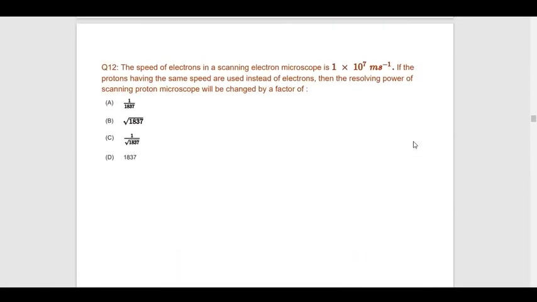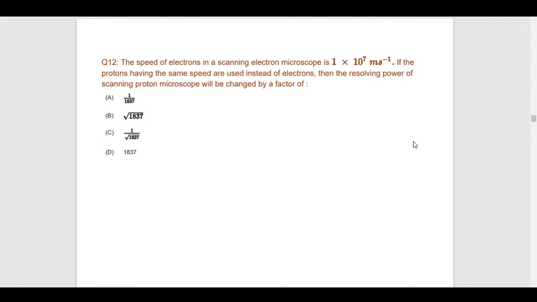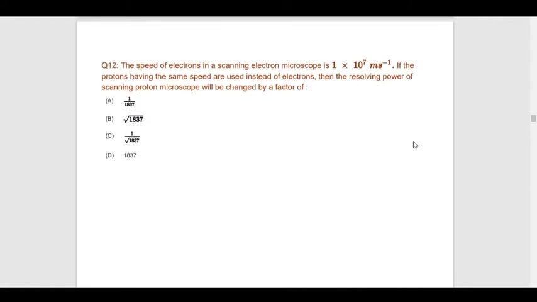So moving on to the next question. This question says that the speed of electrons in a scanning microscope is 1 times 10 to the power 7 meters per second. If protons having the same speed are used instead of electrons, then the resolving power of the scanning proton microscope will be changed by a factor of. Okay. So in this case, we first need to understand that the resolving power of any instrument is proportional to the inverse of its lambda, and the value of lambda can be figured out by using the relation of de Broglie wavelength, that is